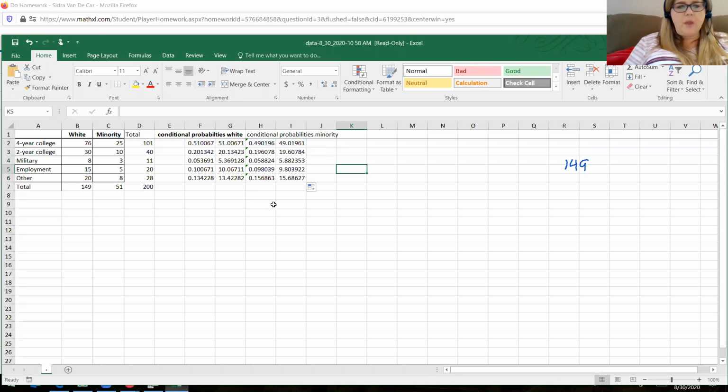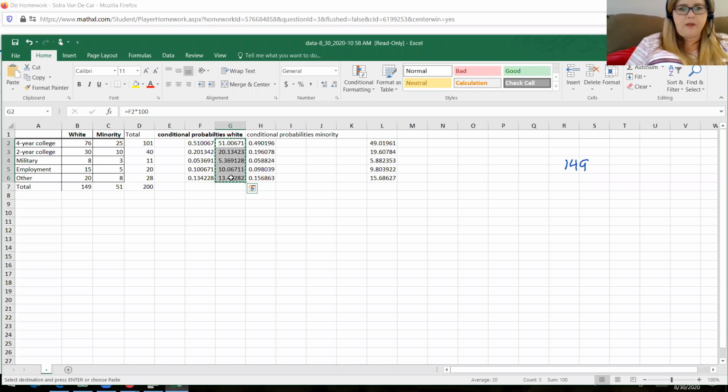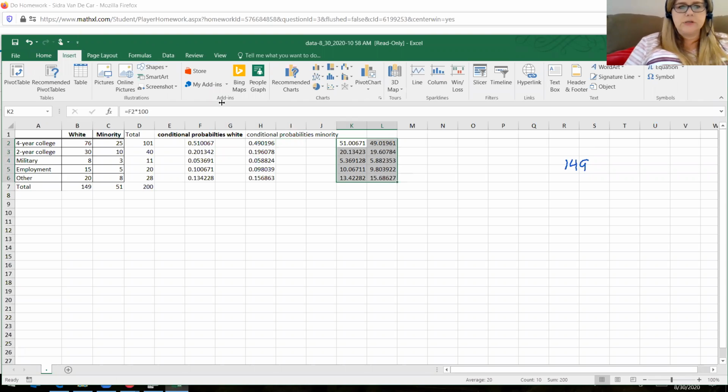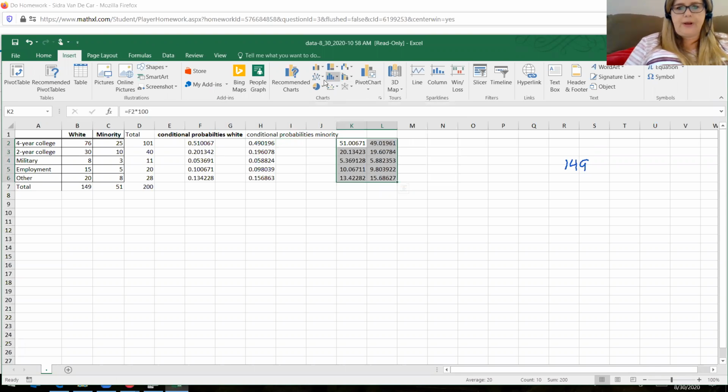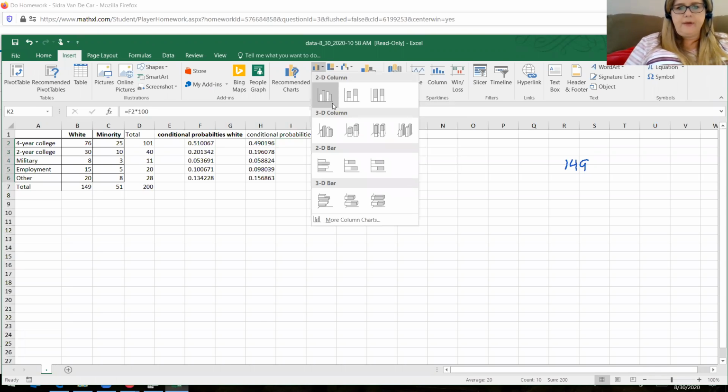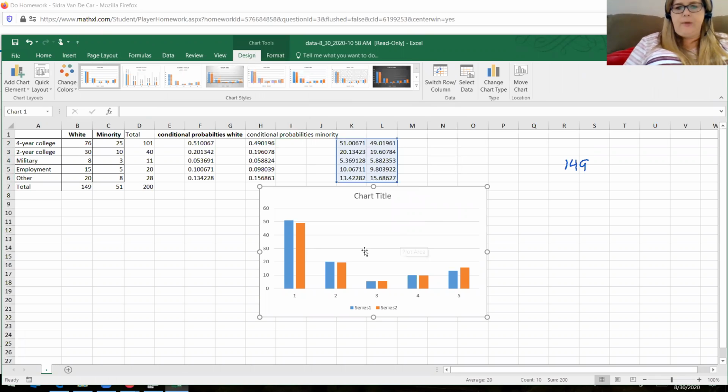And then I want to create a bar chart out of those 2 columns that are right there. So actually, it's easier if I have them side by side. So let me take, I'm just cutting that and pasting it right here. And then we'll cut this and we'll paste it right here. Okay, so now if I highlight those, and I go to insert, right here is my bar chart. I can just do the recommended bar chart right away, and it'll insert like that,